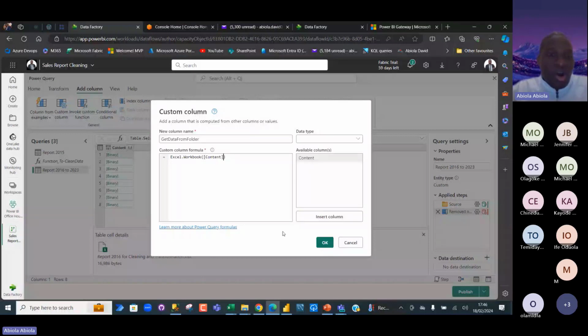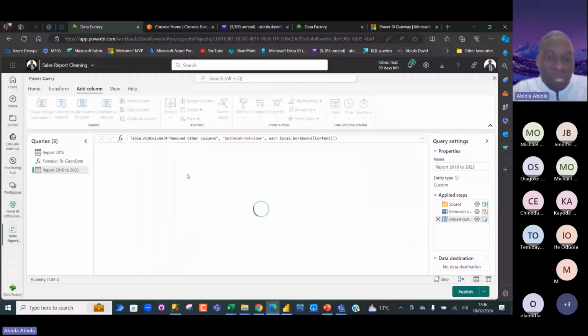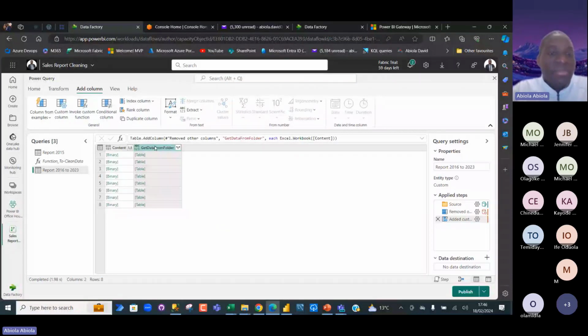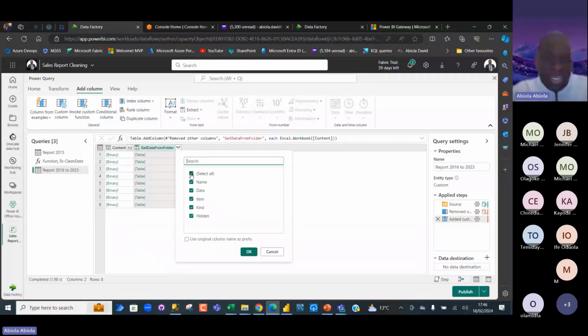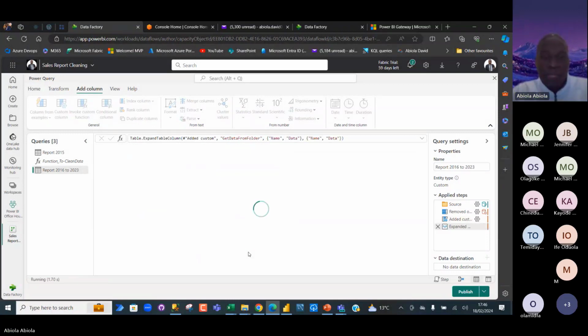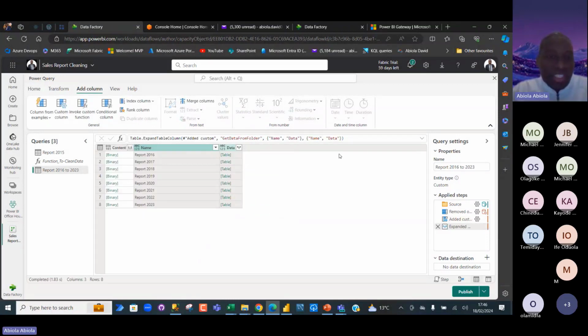So this is actually going to access all the tables within the binary file. We can see the preview at the bottom here. We can see the name, the data. Now this is where the data is originally stored, the item, kind, and so on. So I can click on this expandable icon, and then I can even bring out all the columns, but I specifically need the name and the data, and then click OK. Okay, there we go. So I can see the name. Again, you can apply a filter to pick names that, maybe, contain something. That is really easy to do.